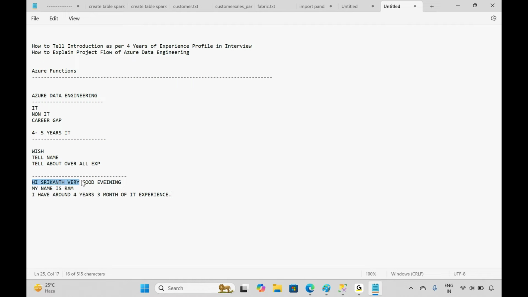"Hi, Shrikant. Very good morning. My name is Ram. I have around 4 years 3 months of experience in the IT industry." So your IT industry experience goes here. I have around 4 years 3 months, or 4 years, or whatever you are keeping in your resume, the overall experience relevant to IT. In this 4 years of experience,